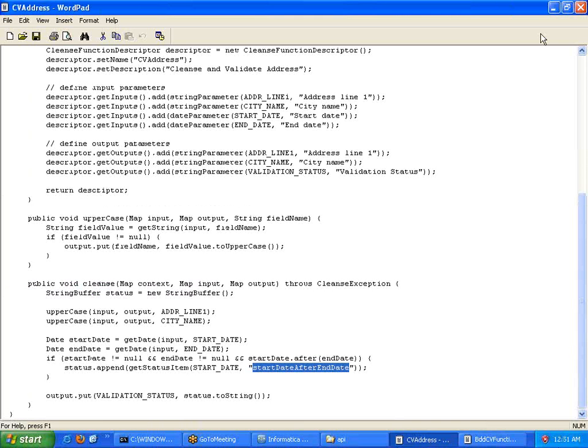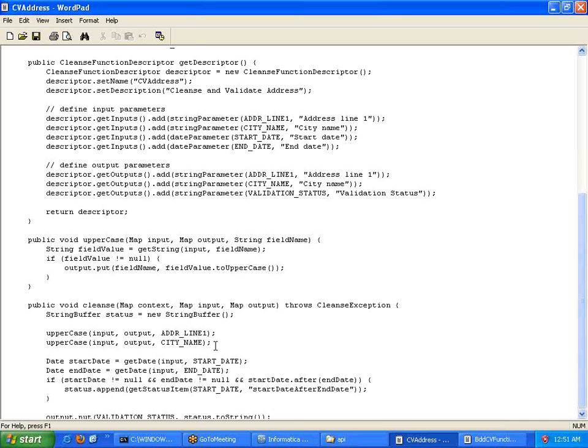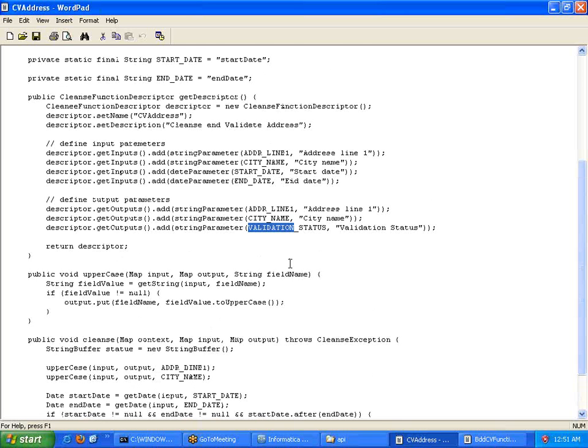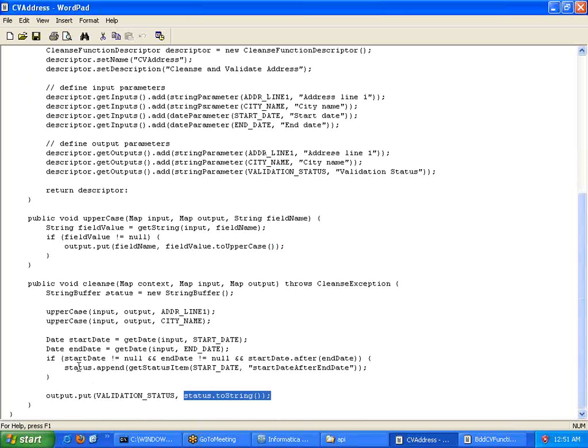Then after that, we need to populate this output object, which is going to be the important thing, no? Which is what? Mapping output. That will contain complete output which will be understood by hub console, which contains what? The first is to put onto this validation status, which is going to be this one. Then status dot toString. From where did you get this? This one. In case the start is not greater than end date, right?